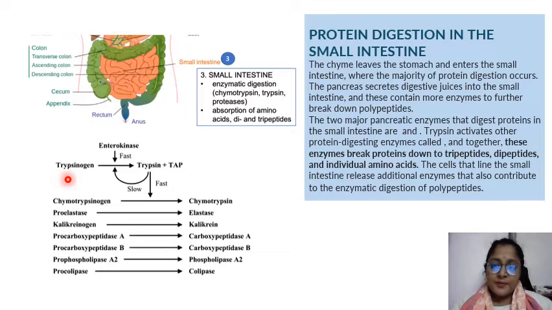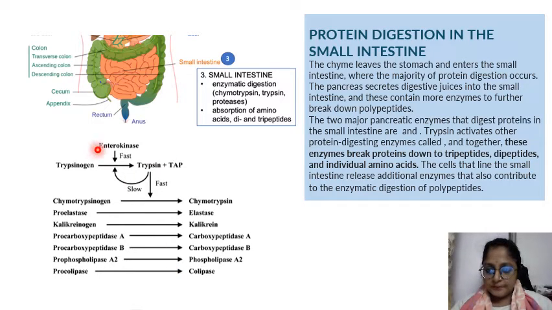Enterokinase. Now, what happens? Trypsinogen, with the help of enterokinase, is converted to trypsin. And once trypsin is activated from trypsinogen, by chain reaction it acts on chymotrypsinogen to give chymotrypsin, proelastase to elastase, kallikreinogen to kallikrein, procarboxypeptidase A to carboxypeptidase, and so on. So basically, it is an auto reaction, and auto activation takes place